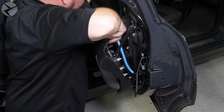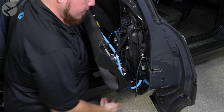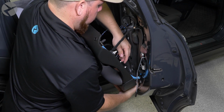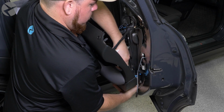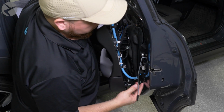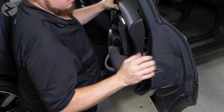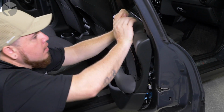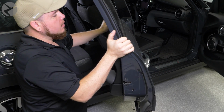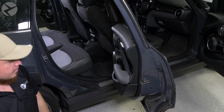Reattach the door latch cable and realign it back to where it was before. Carefully line up the door pins, then you can clip it back into place. Then, you'll grab your T20 Torx screws you removed, put them back on,